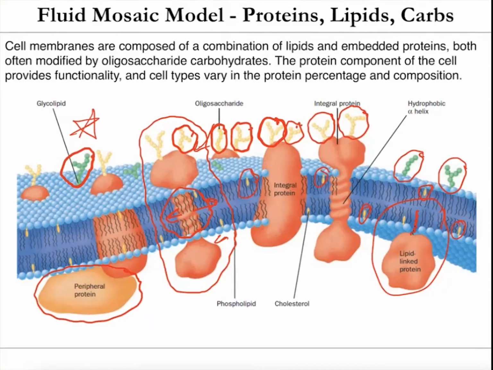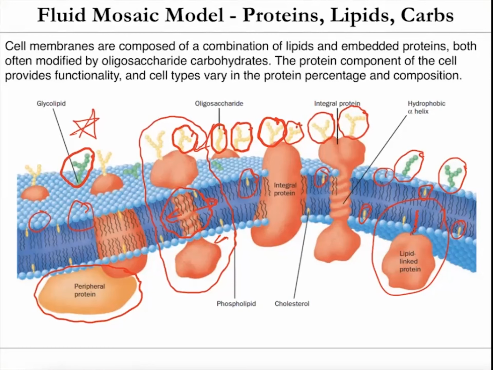So it's a way to visualize the cell membrane, which includes not only phospholipids, which are the main component shown here in blue, but also these proteins that are either embedded in the membrane or associated with it, these carbohydrate groups that are attached to the lipids and to the proteins, and also the cholesterol within the membrane. So you can see that it's a very diverse and highly complex structure. And so the proteins are really important for the membrane, and we'll talk over and over about membrane proteins, but they provide functionality to the membrane. So if there were no proteins in the membrane, it really wouldn't do too much. It'd just be a barrier between the outside and the inside.